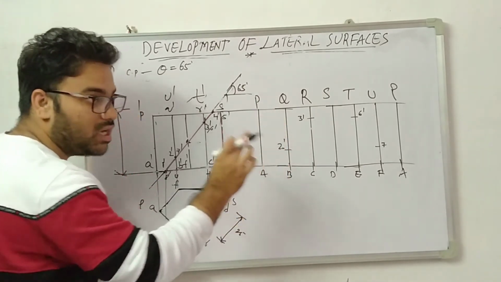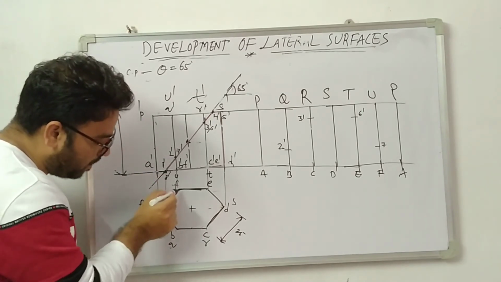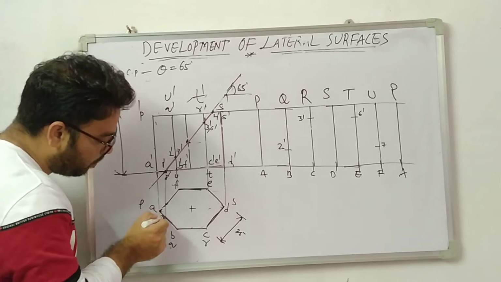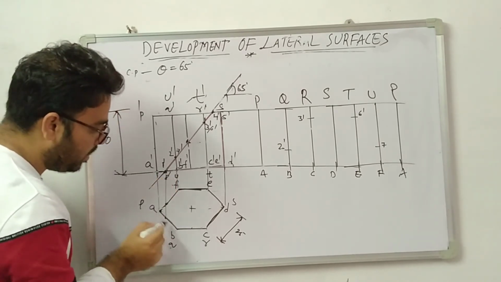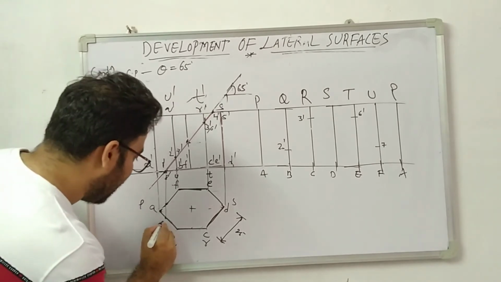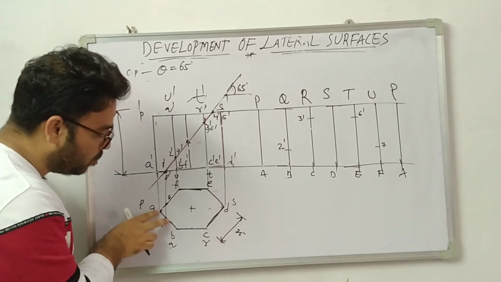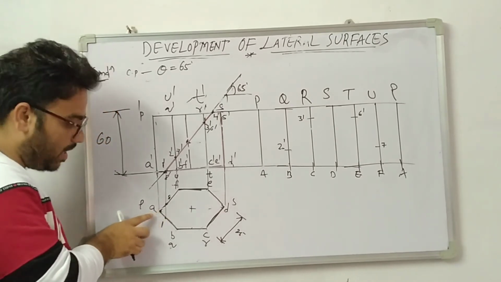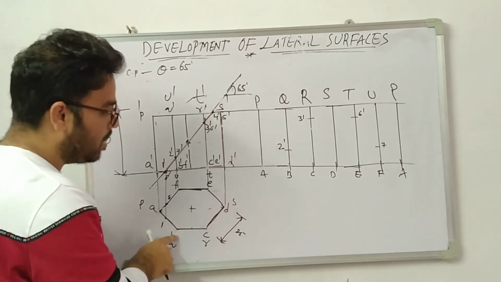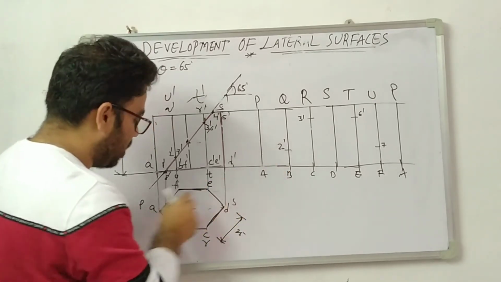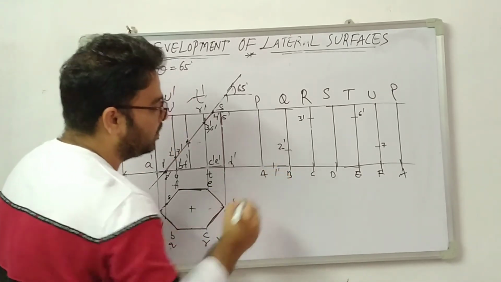So to get the true shape of the projection, from 1 dash onwards I pass the line out to the true shape of the base here. I got these points, this is AF and AB. So this is 1 dash, this is 1 and this is my 8. Now you measure this distance, exactly A21, and shift here. This is the AB base. Measure this A21 distance and simply put it here. This is my 1 dash.